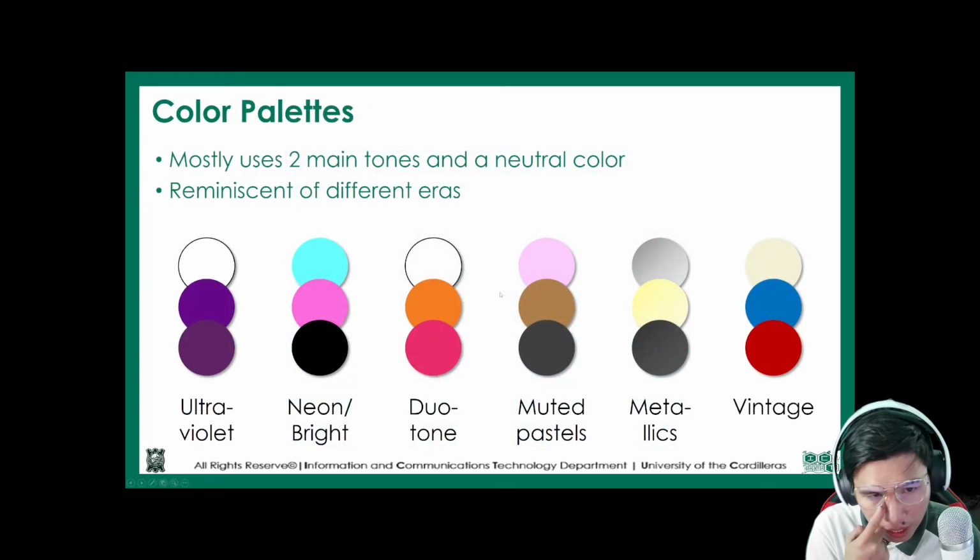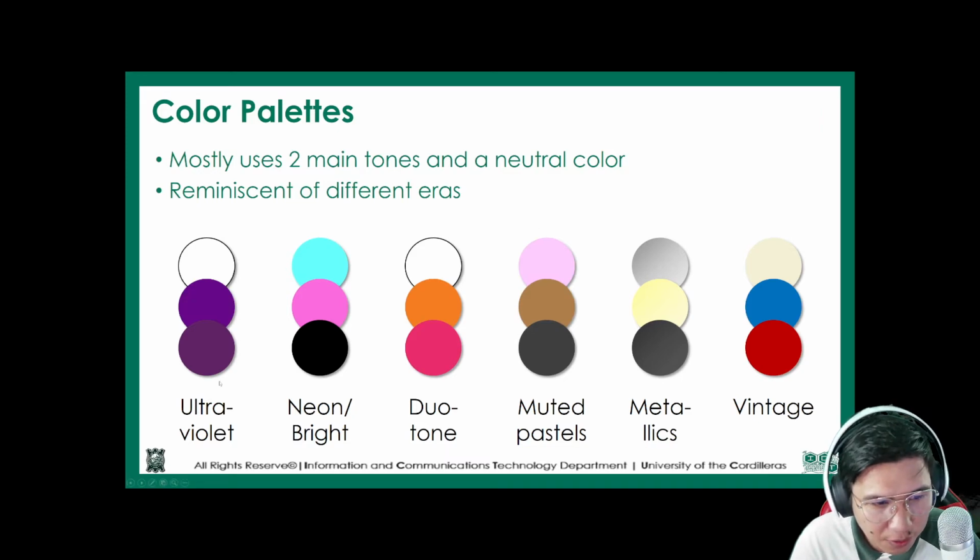Next, we have the different color palettes. I mentioned this earlier. So, we have ultraviolet, neon bright, duotone, muted pastels, metallics, and vintage. Using the color.adobe.com website from earlier, you can simply identify the palettes that are trending or that you want to use for